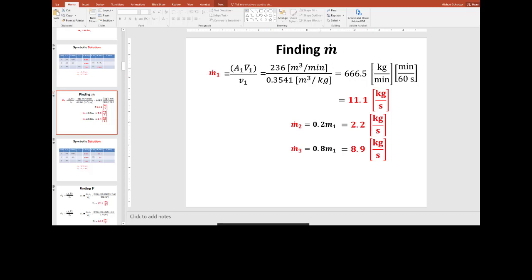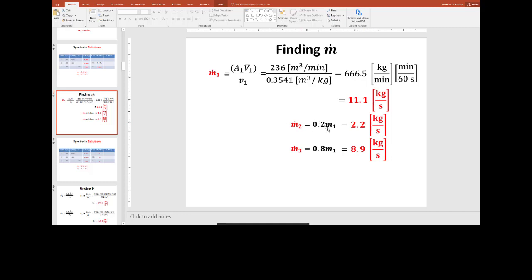I do have to be careful about the units. I like mass flow rates where the unit of time is seconds. It doesn't really matter, because if you just had kilograms per minute, it's just a different number, right? But just be careful and look on exam problems, because I'll tell you sometimes what unit I want. If I don't tell you what unit I want, then there's no difference between kilograms per minute or kilograms per second, right? So I know there's 60 seconds in a minute, so I took this number divided by 60. I got 11.1 kilograms per second.